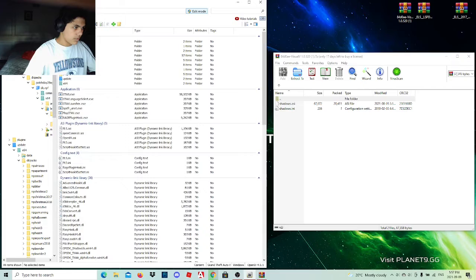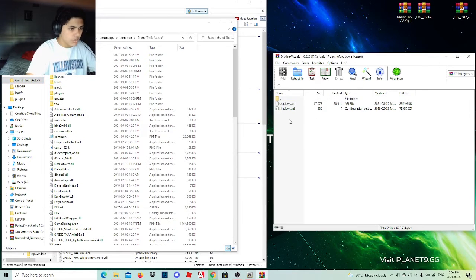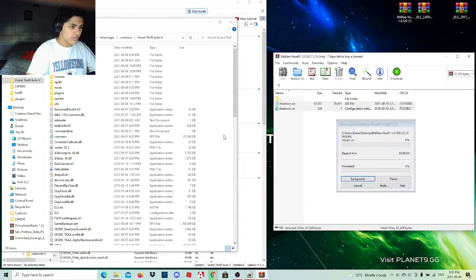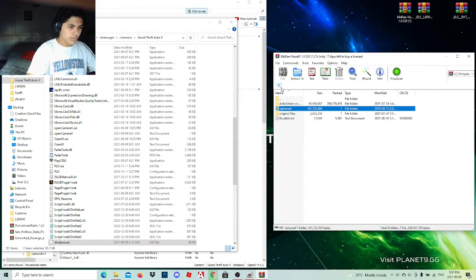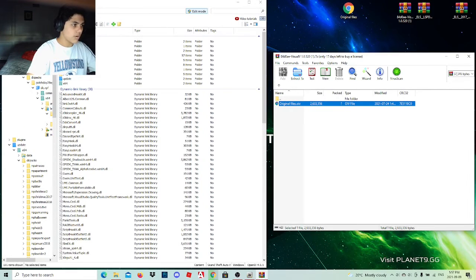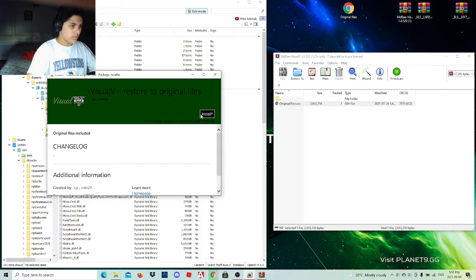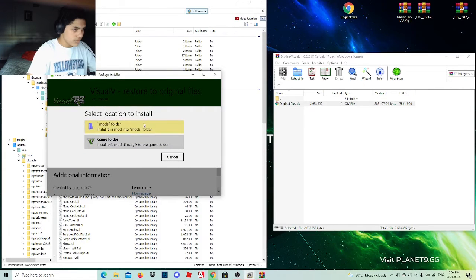So go ahead and go back to Grand Theft Auto 5. I'm going to do this in here just because it's that much easier. You're going to take these two files, throw them into the root directory. Next thing you want to do is go to original files, take this, throw it onto your desktop, and you are going to want OpenIV for this, so go ahead and open package installer or go to tools and go down to package installer, go over to desktop, original files, open,